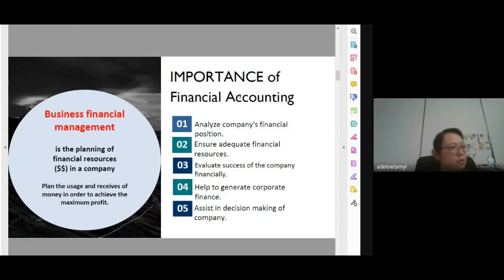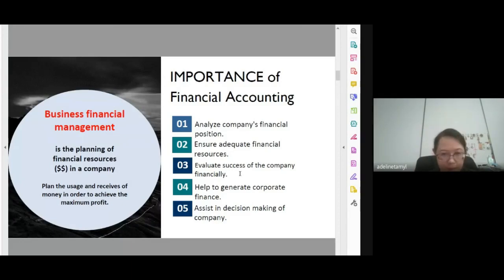First, we use this to help the company to analyze. Like I say, after you plan, you have to work your plan. After that, you have to analyze the achievement. All this will help the company to know the financial position of the company. And then ensure the company has enough financial resources. Evaluate whether the company is successful or not. One of the criteria we use to evaluate the company's success rate is whether it gets profit or not. So we need to know whether the company is making profit or not